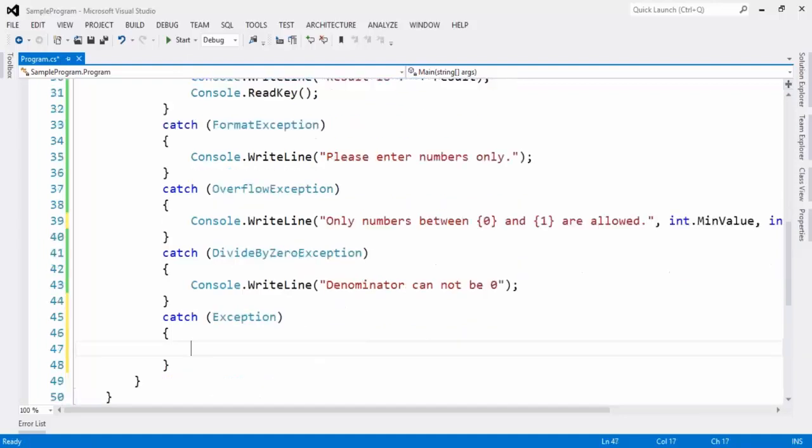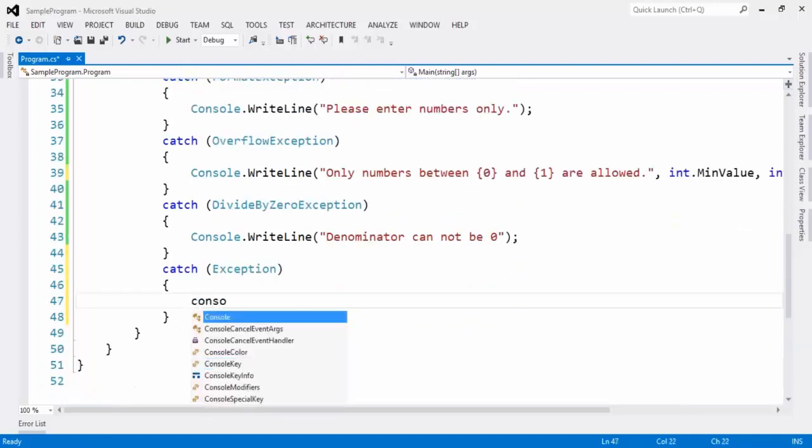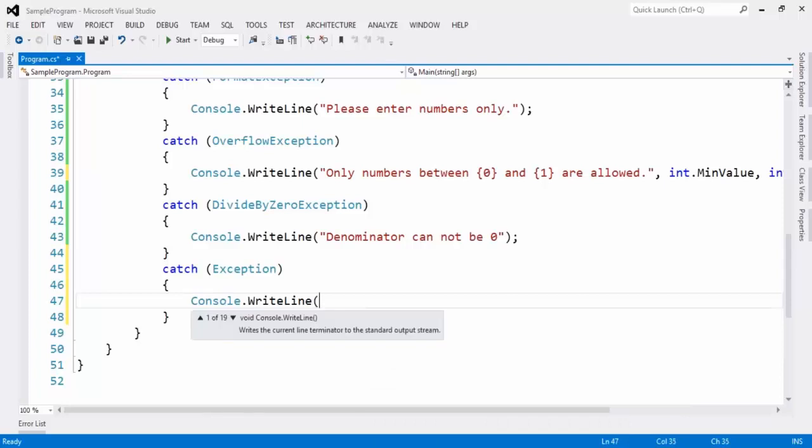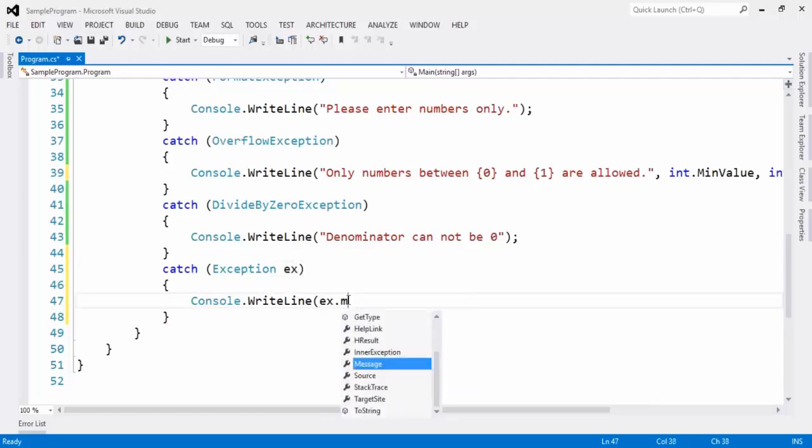Apart from these exceptions, Console.WriteLine, something else we can put as another message, like let me take here ex.Message.